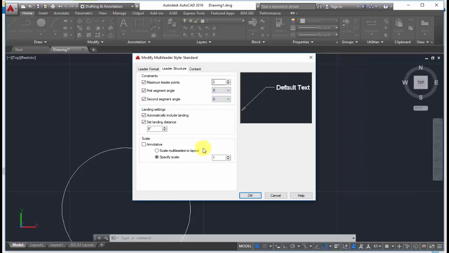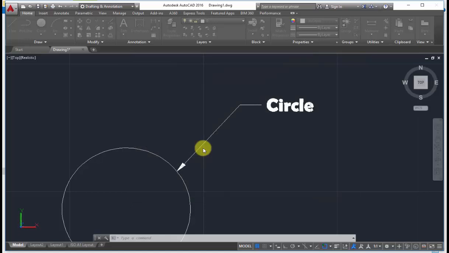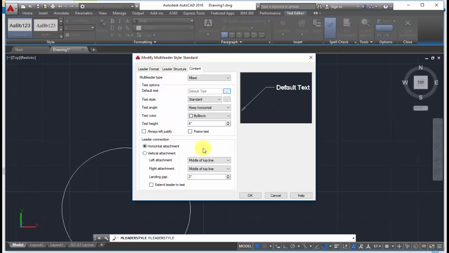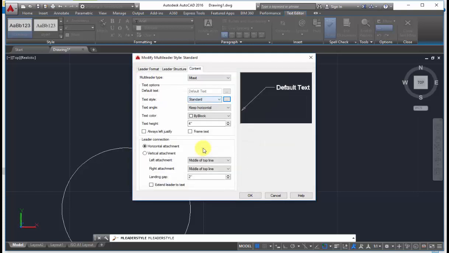Next, you can set the text style also over here. You already know this. Here I'll click on the source icon and I can select the text. Here I can set the text style and all that, whichever you want. I'll select it as style 1. These are all the changes you can make over here, same way text height and everything.